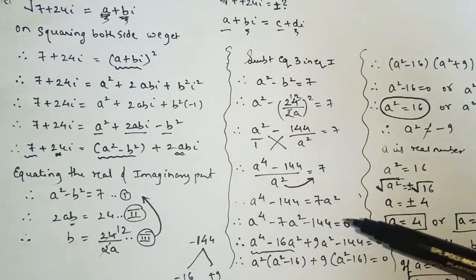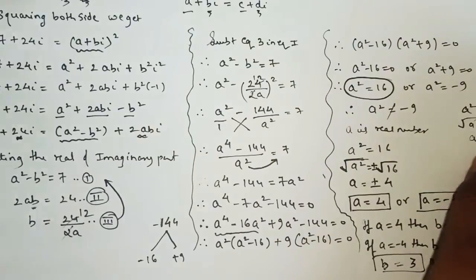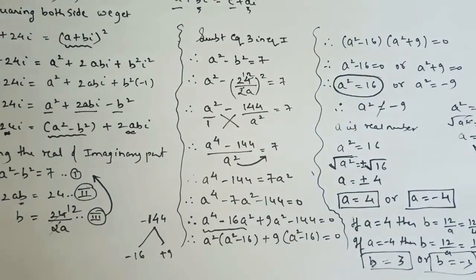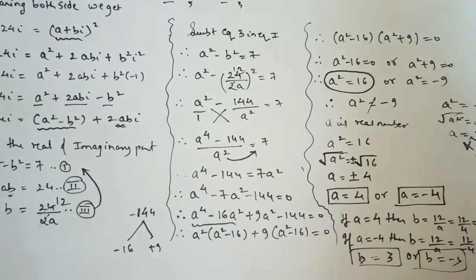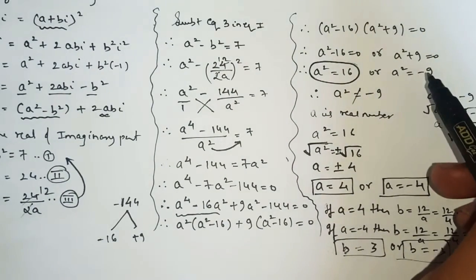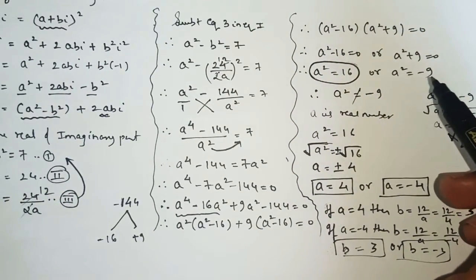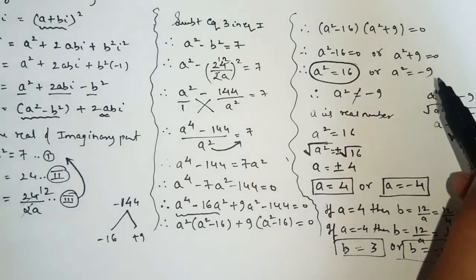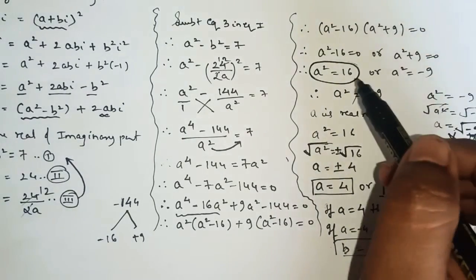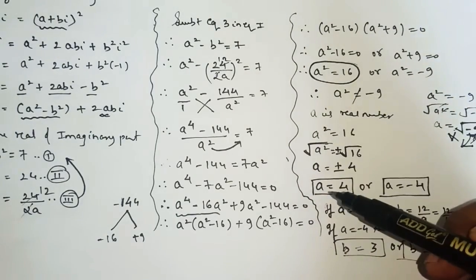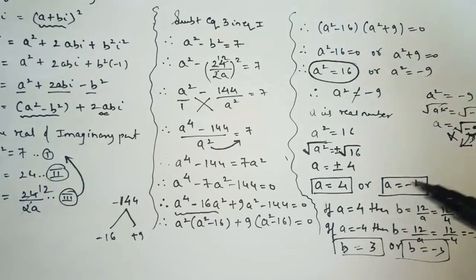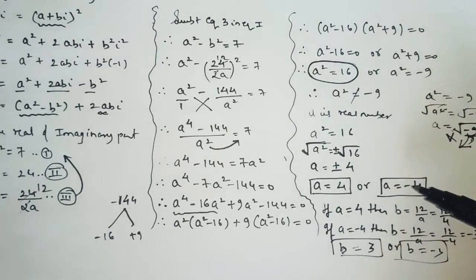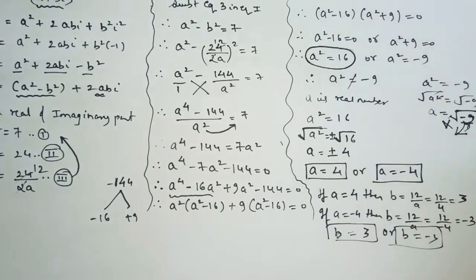Then here you will get a quadratic equation to split, where you will get two answers. In each and every sum, one answer will be negative and one answer will be positive. You have to consider the positive number, because the real square root of a real number cannot be negative, so don't consider the negative term. Remove that part, take the positive number, then take the square root, where you will get two answers of a. It is common sense that if you are getting two answers of a, of course you will get two answers of b also, yes or no?